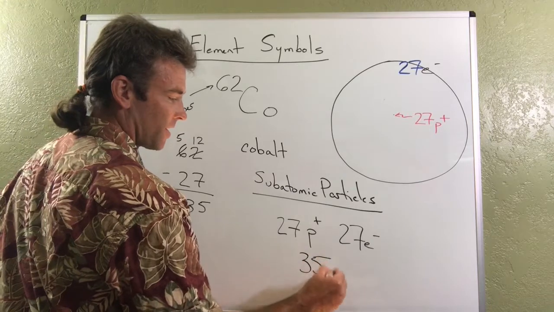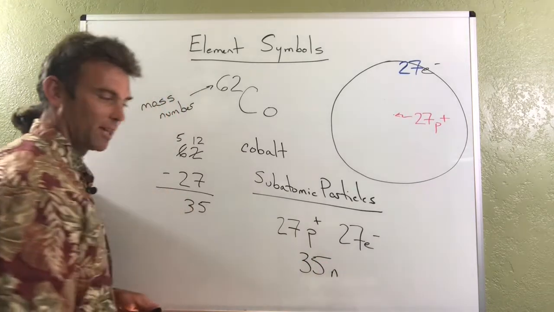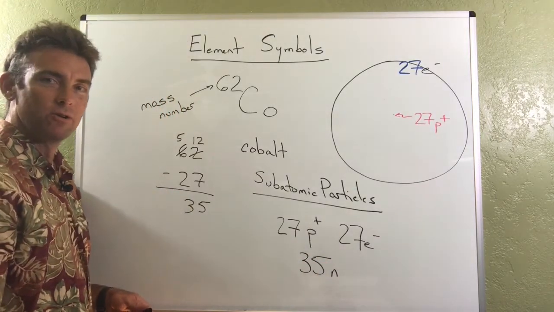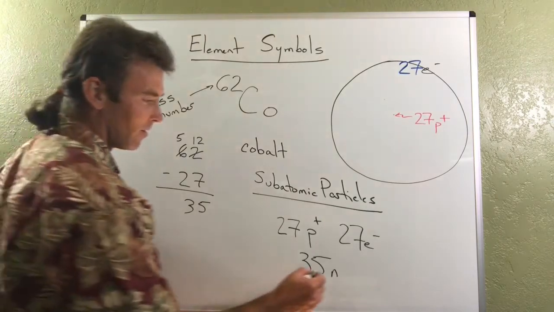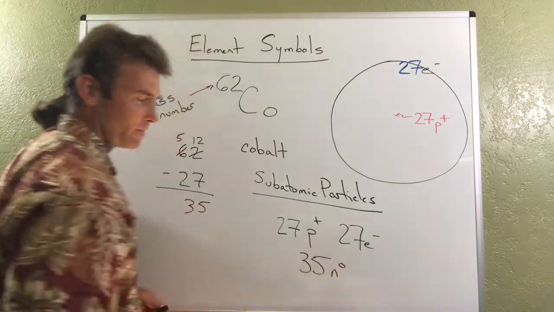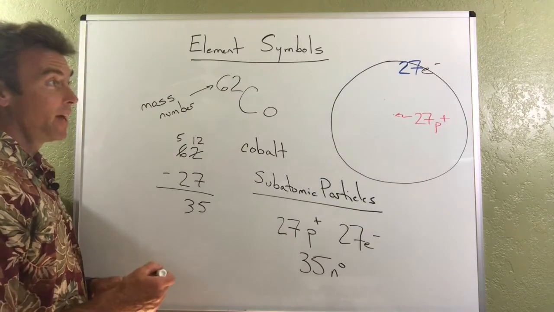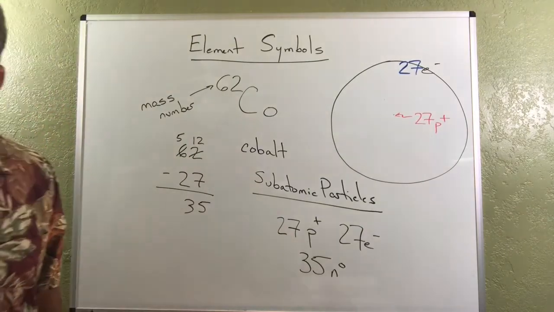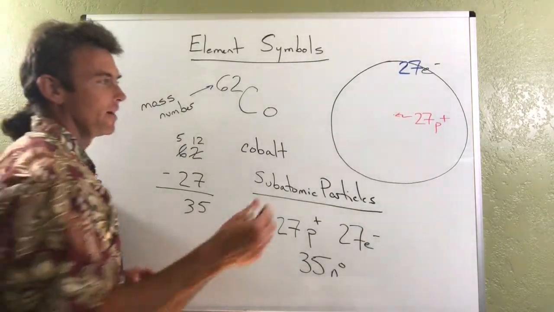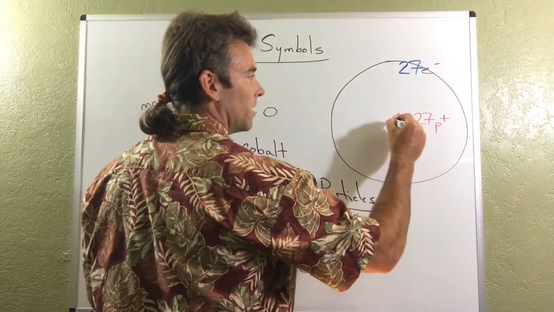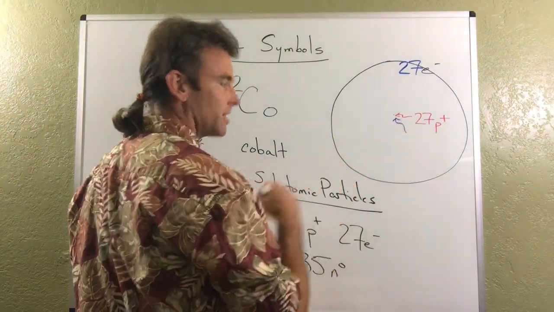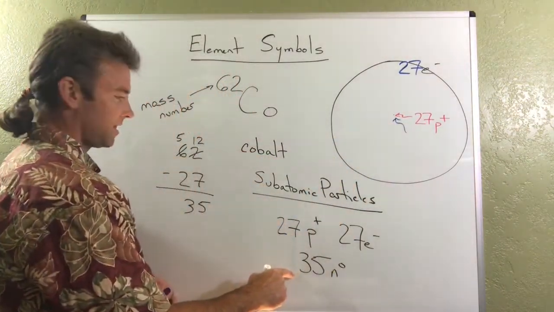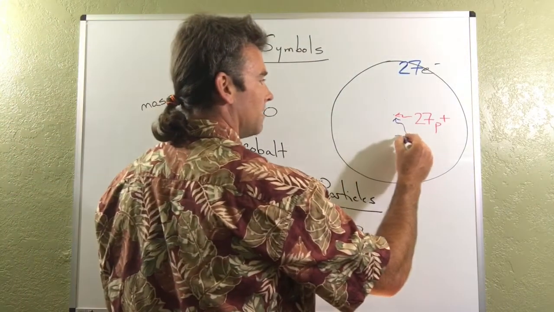We've got 35 neutrons. Well, I'm going to tell Sean that I know what the charge on a neutron is, right? It's neutral. So I'm going to put a little subscript 0 right there. And then just to keep the rainbow coming here, let's put another arrow and say, okay, I know there's 27 protons in there and that I have exactly 35